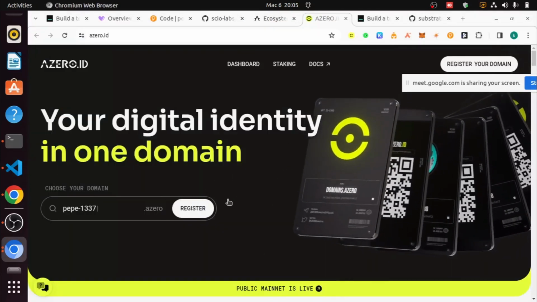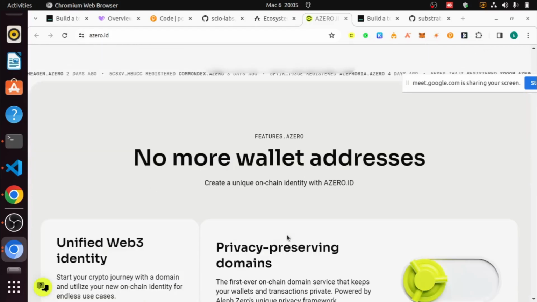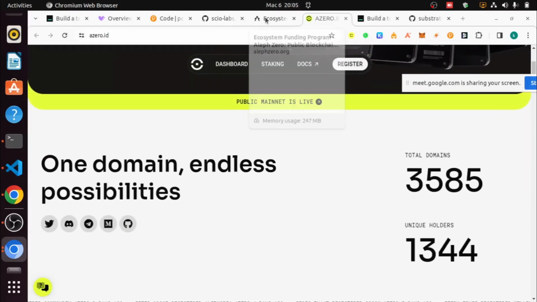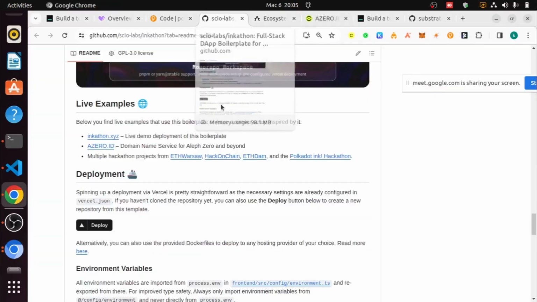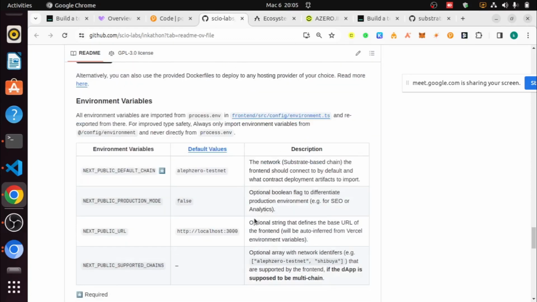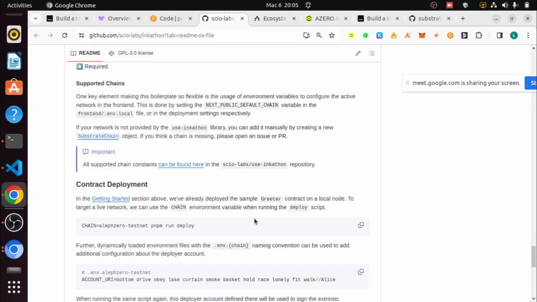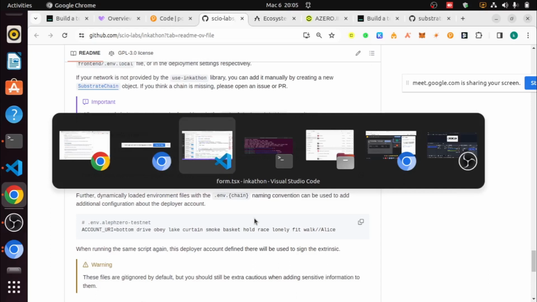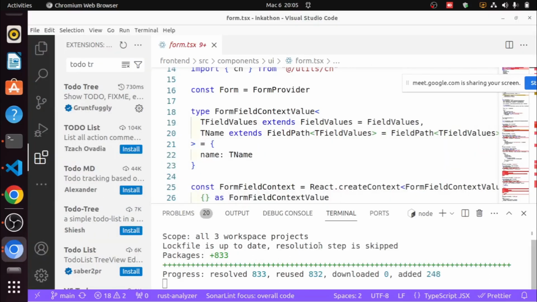I can register a zero ID. So these are things that have been inspired by ink. So yes, you can also build something. You have a swap, the Polkadot ink hackathon. It's also a good place to go to and learn more. We are running out of time, so first, at least we want to make sure that